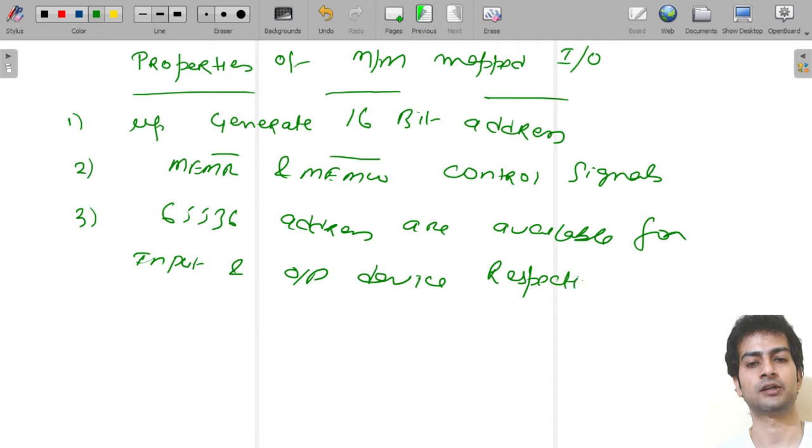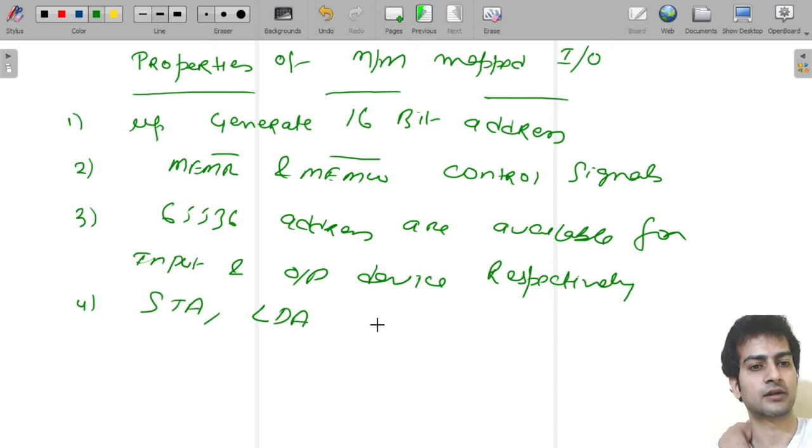This is the advantage of memory mapped with respect to peripheral mapped. With respect to peripheral mapped, here instructions used are STA, LDA. There are other instructions also which are related with memory will come under memory map. But here STA and LDA, there we were using IN and OUT. And here we can write one another thing, that